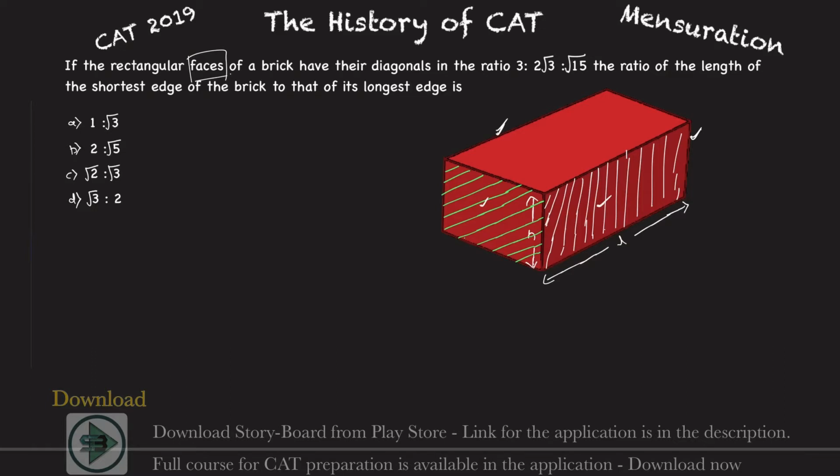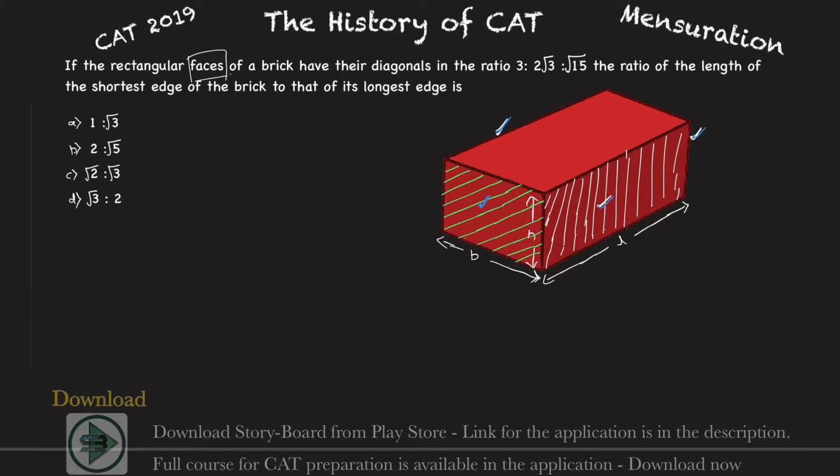Now let's look at this green face. What does it have? It has a height and a breadth. So right till now I know 2 faces. Now I'll have one more face, because a brick is nothing but a cuboid, and a cuboid has 6 faces, but we consider only 3 because faces get repeated. Anything true for this face will be true for its repeat, so we just need the dimensions of this.